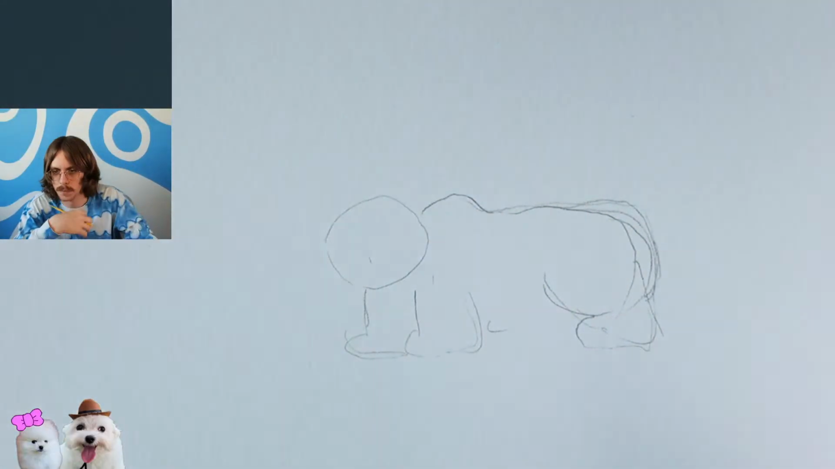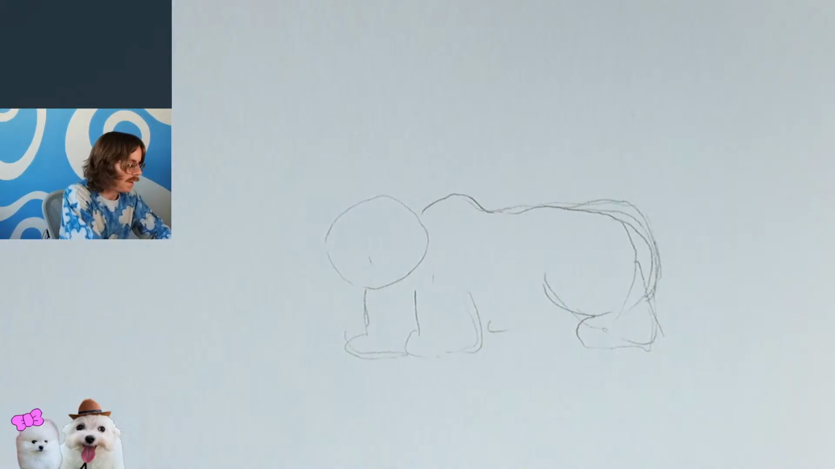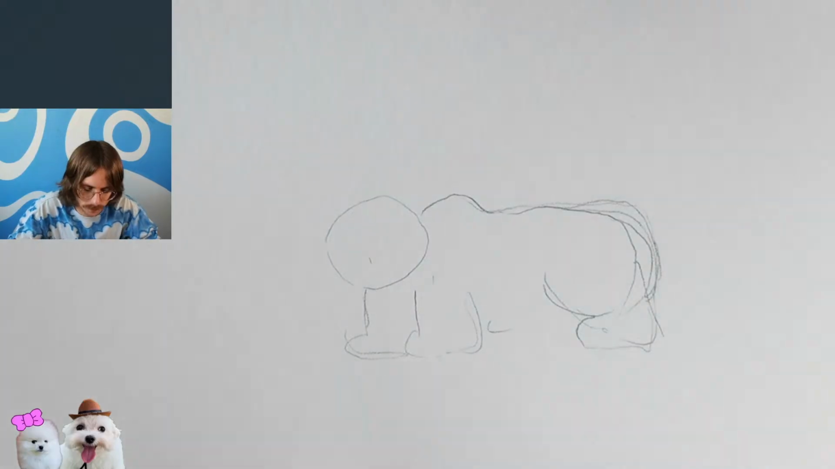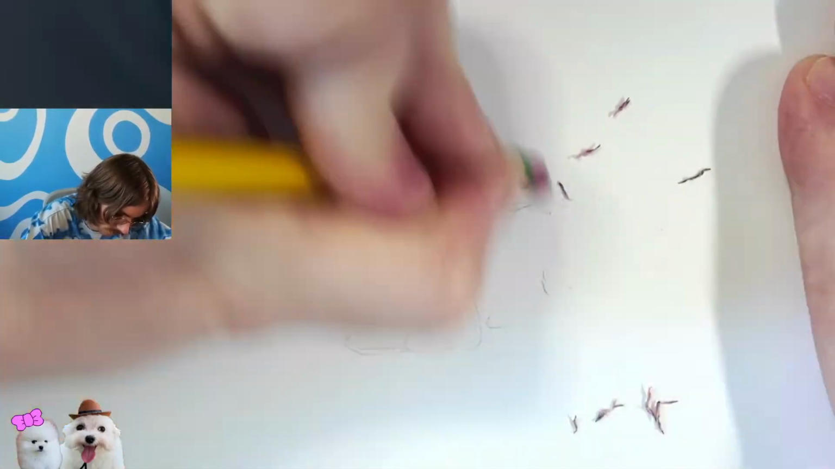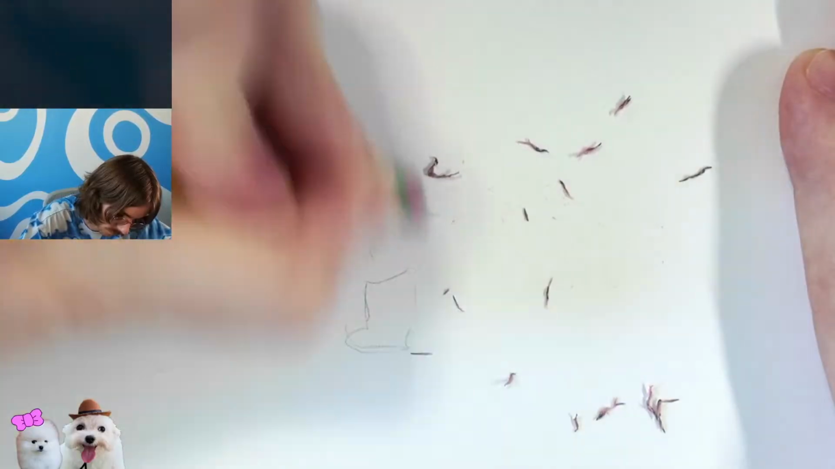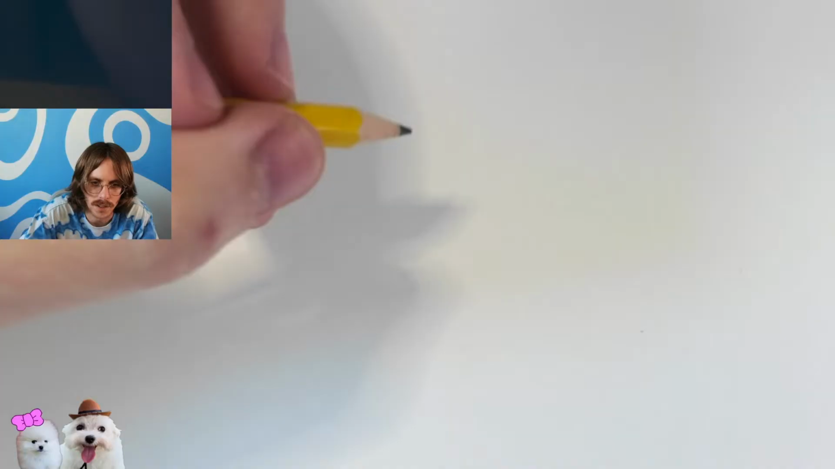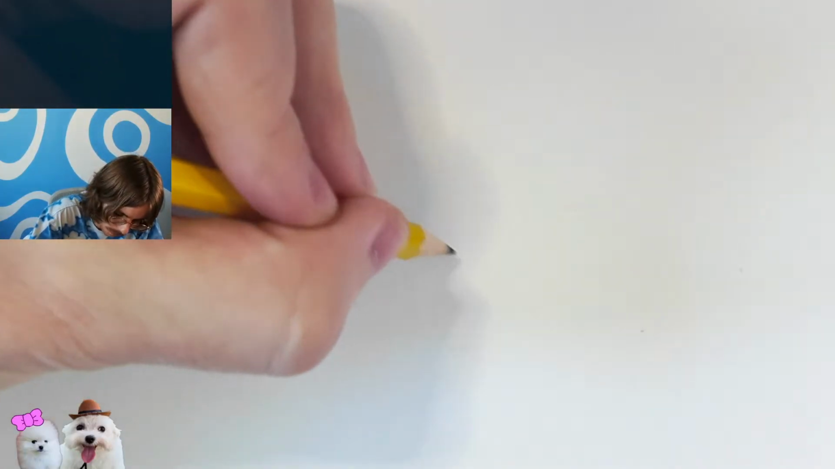How do bears look again? I think I drew them too squished. Give me a bear. Okay, that was close. I just didn't really draw his legs and everything long. So